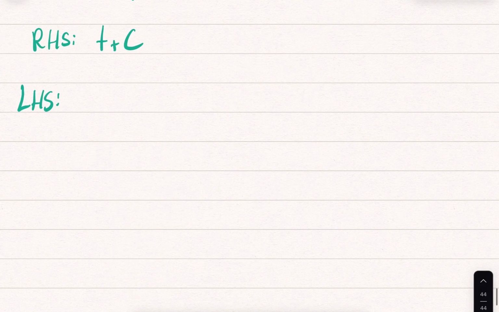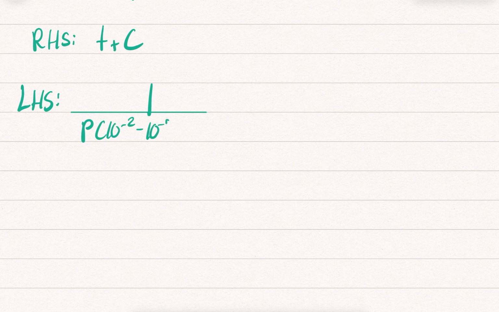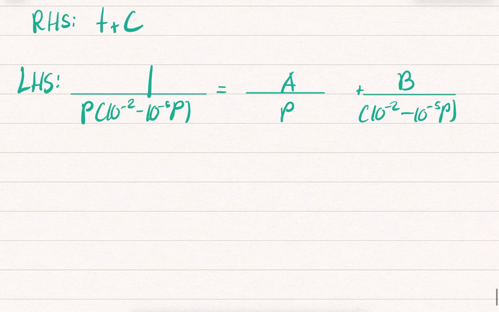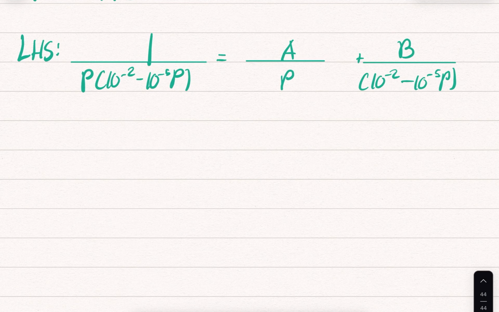Now the left-hand side, the left-hand side's a bitch. So let's start doing this. We have the integral of this, which is A over P plus B over (10 to the negative 2 minus 10 to the negative 5 P). Okay, cool. So we're going to multiply across. When I multiply by the P,